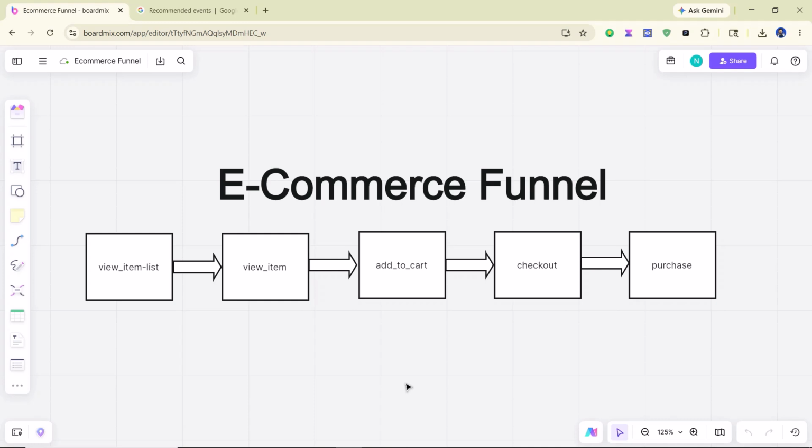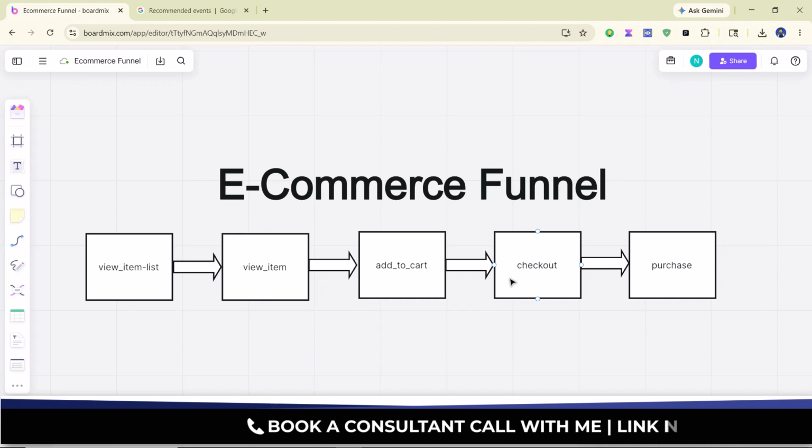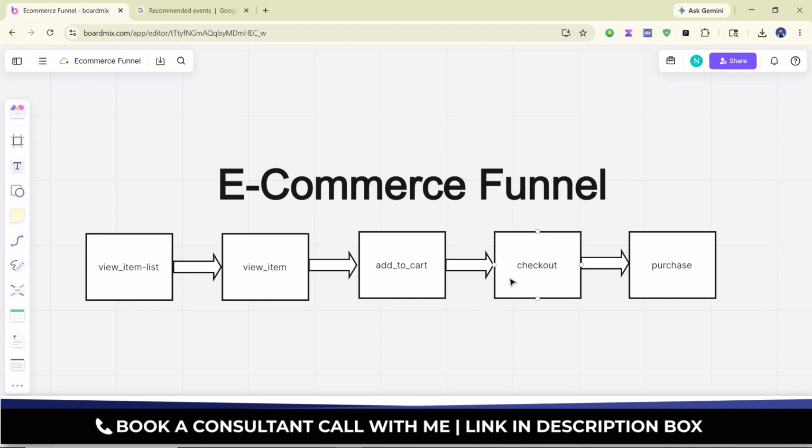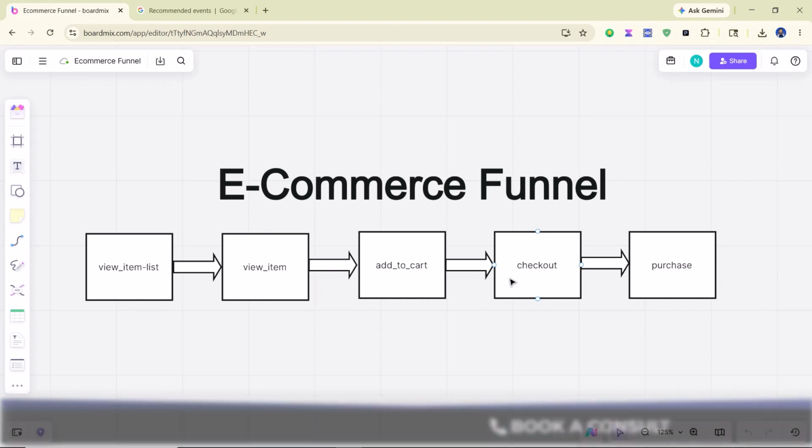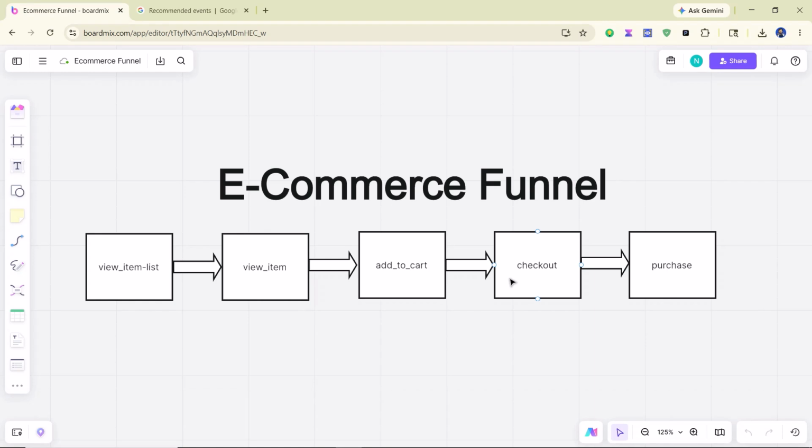Okay, so what does this mean, guys? Here you can currently see the events view item, list view item, purchase, checkout, add to cart. With these, it is compulsory to send some extra parameters. Here, we will look at the Google Analytics documentation, which is the best. There is documentation from Google Analytics that contains parameters, and Meta Ads, meaning Facebook ads, also has some documentation with parameters. If you look at TikTok or Snapchat or any platform where you are running ads, they